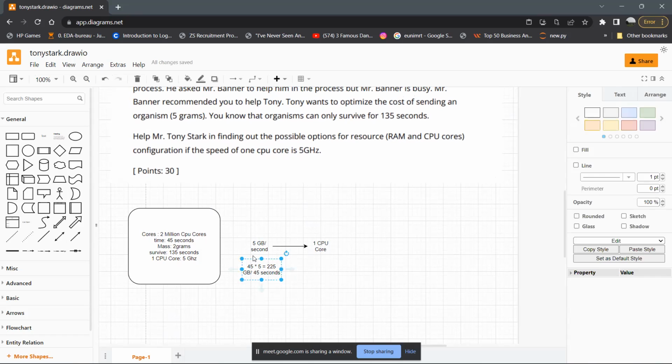Now we are having 2 million CPU cores. So there are two ways to solve this problem, okay? But we want to optimize the cost. So CPU cores always cost a lot more than RAM. So what we will try to increase is RAM or CPU. Brandon,